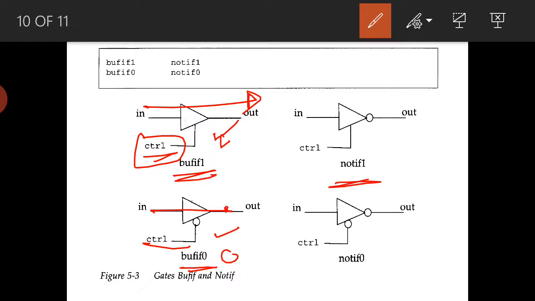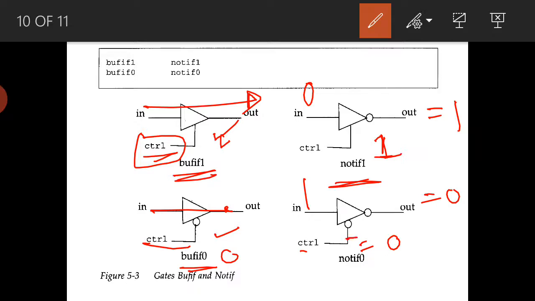Similarly for the NOT gate, notif1 means if the control signal is 1, then the inversion happens, so if in is 0, the output will be 1. Here, if the control signal is 0, then if in is 1, out will be 0.